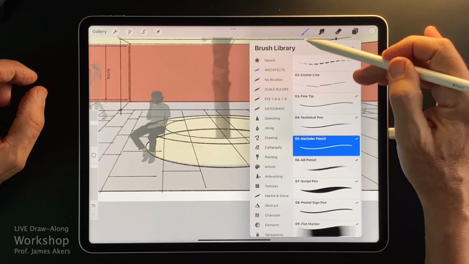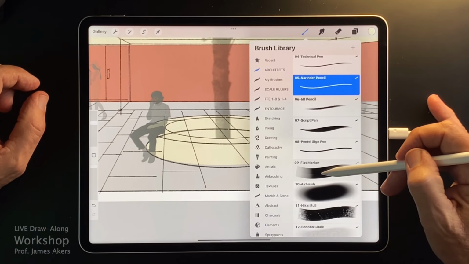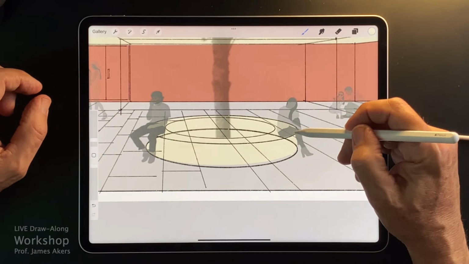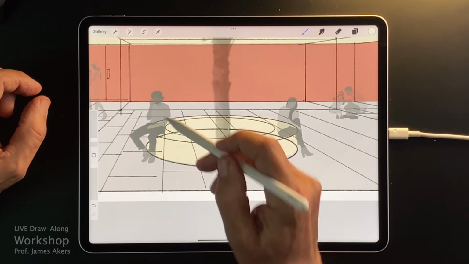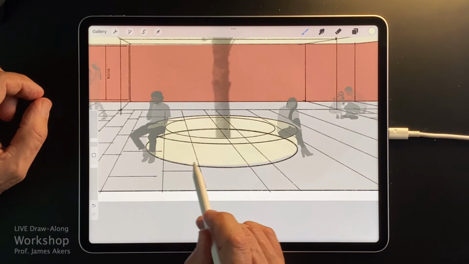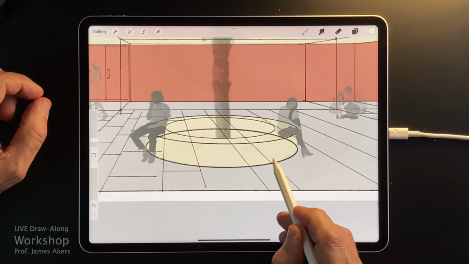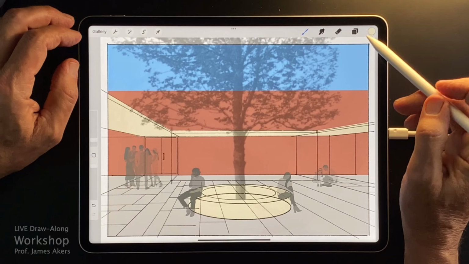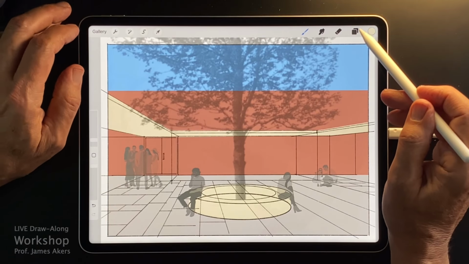And what I would do normally here is just quickly finish that out myself with a flat marker. So I'll add the borders of this, and then I'll come in and fill in this part that escaped me. Okay, and I'm going to clean up a few lines here,